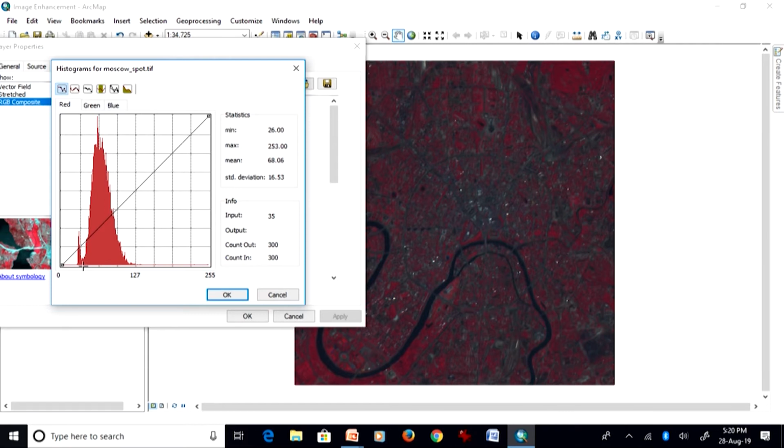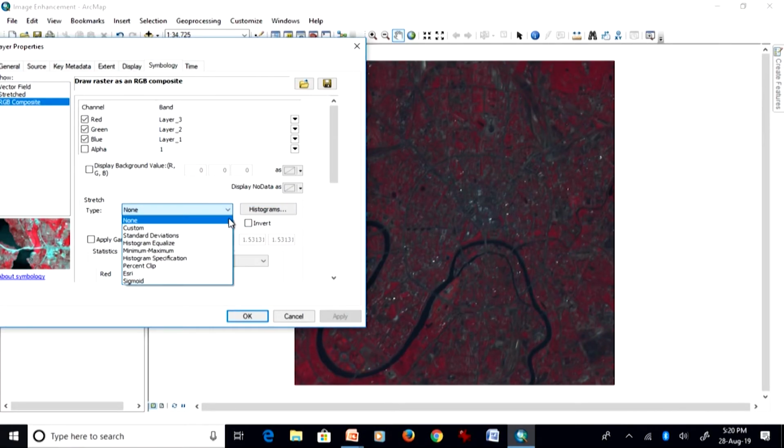Within that range the maximum values are located, and the highest frequency count is this one, which is around the mean value, 68. So initially the histogram is not occupying the full range of pixel values available in the 8-bit scenario, which is 0 to 255. This is the 8-bit scenario we are discussing.